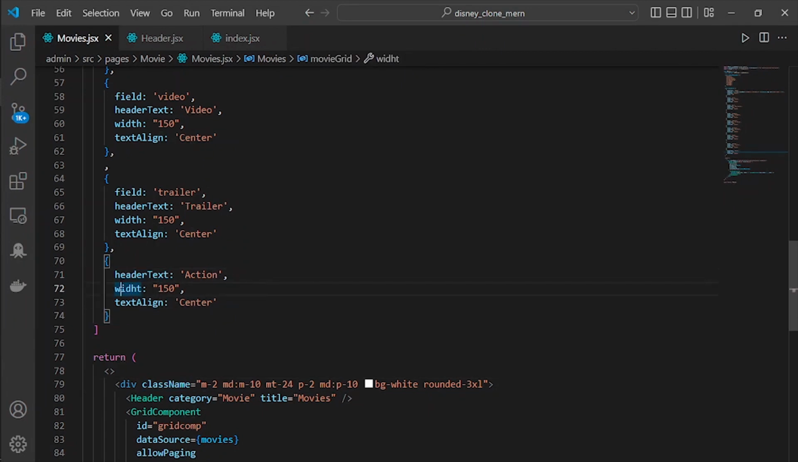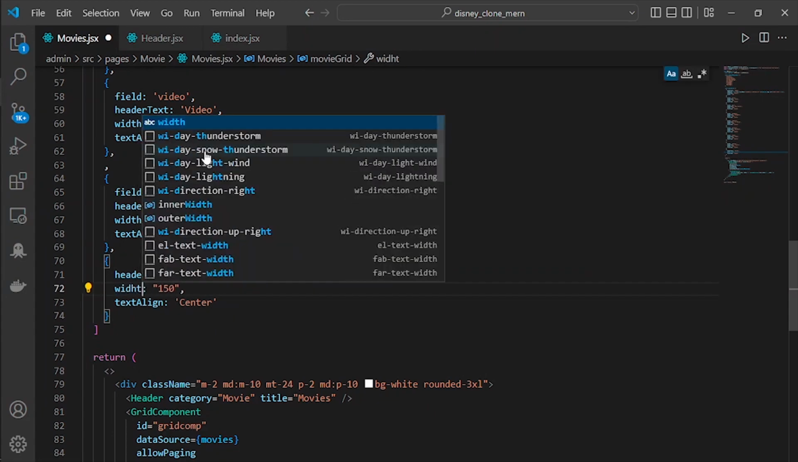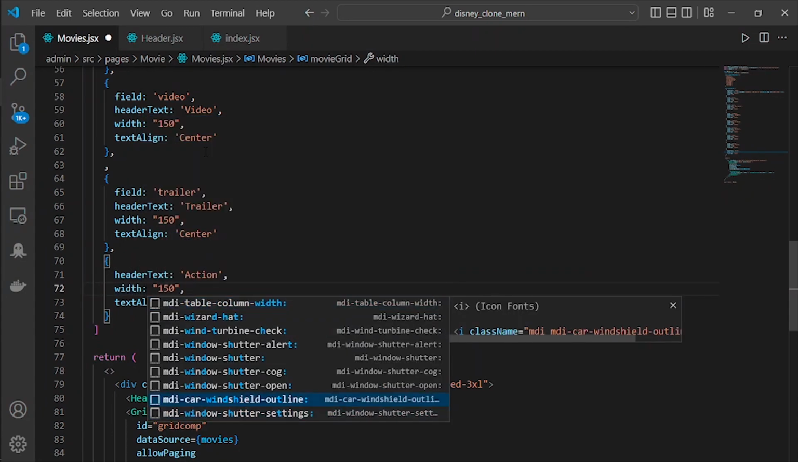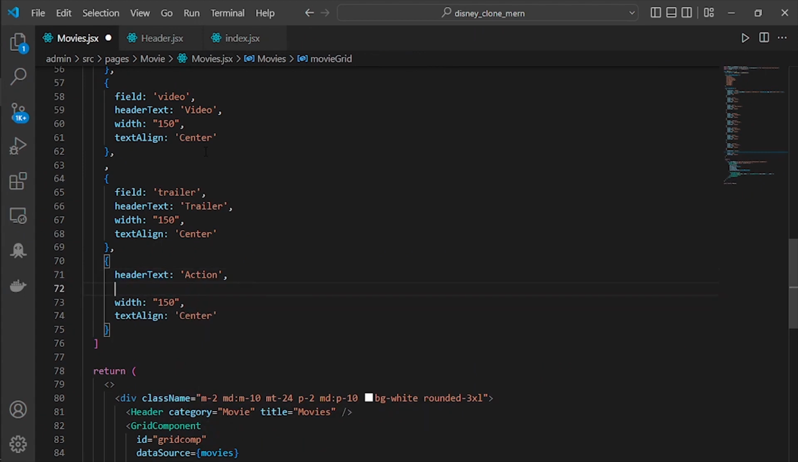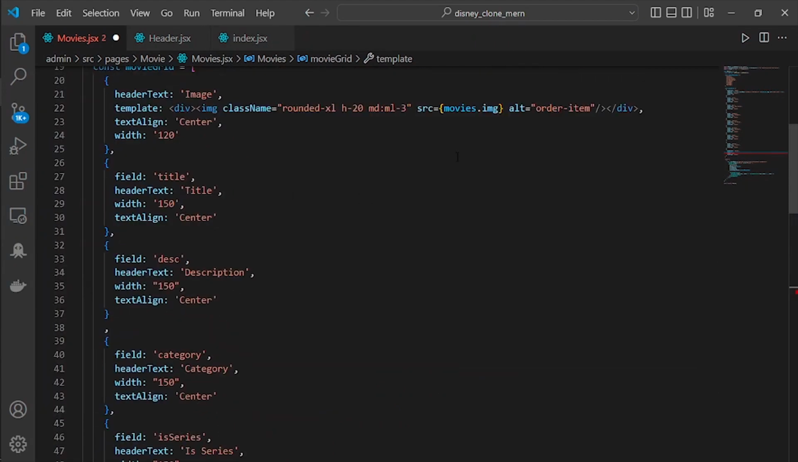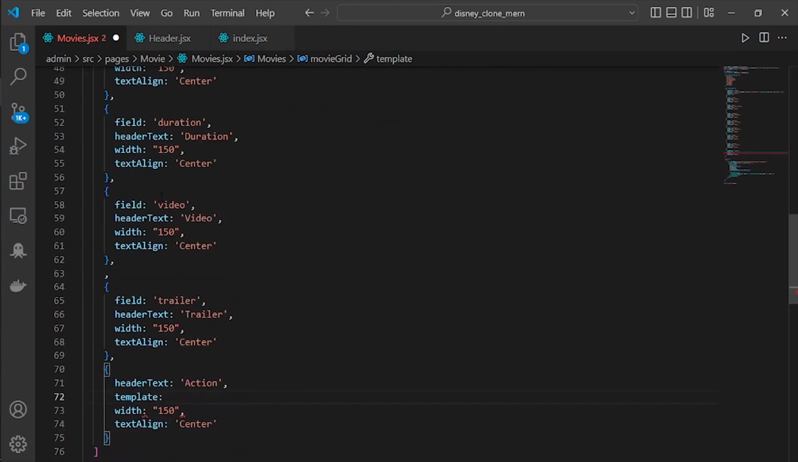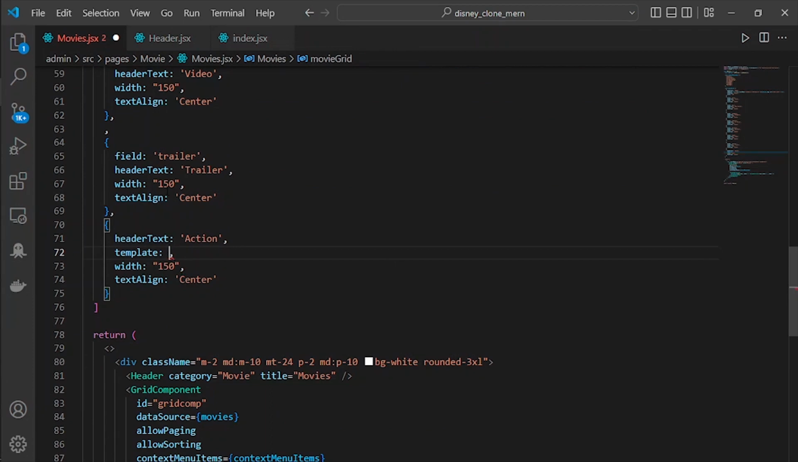Oops, I still copied the wrong one here. It's supposed to be width. After the header text, we will have the template is equal to, let me see, it is right. Okay, template. I'm going to give it some comma first. And for the template, it's going to be here. I'm going to make a new div. I mean a new